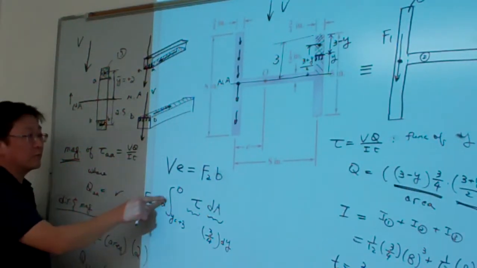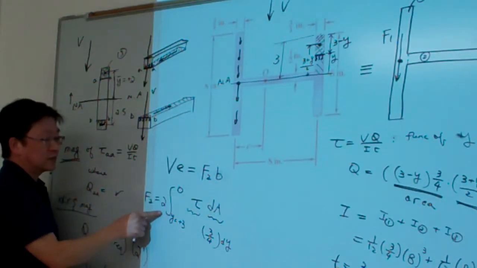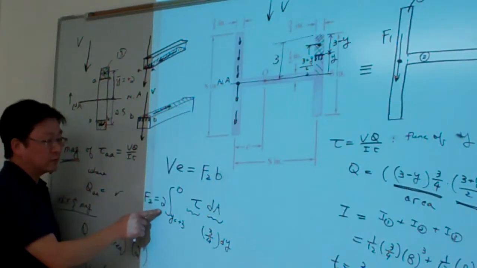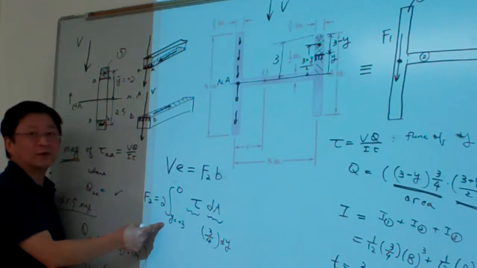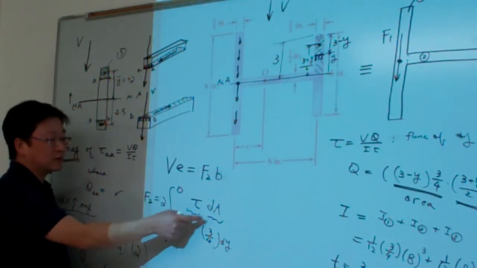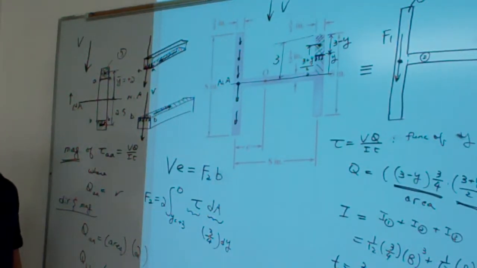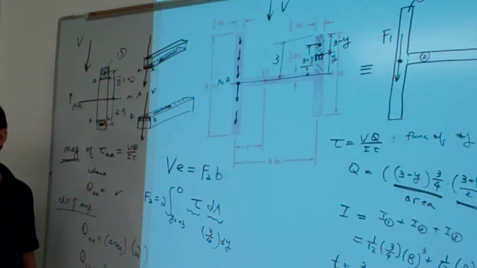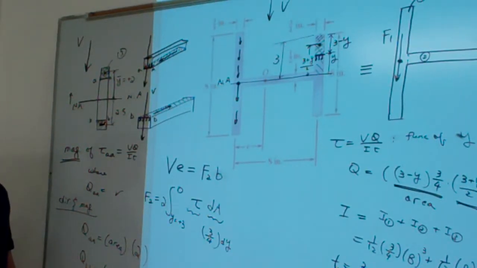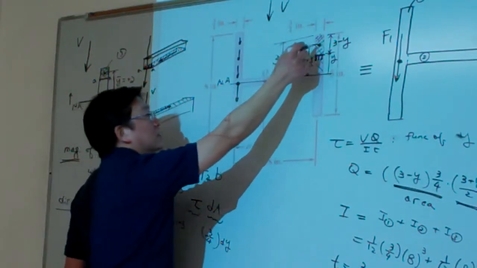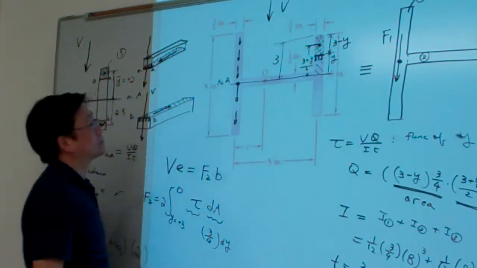So maybe for this kind of example, I would say the safer way is how about we take this one? In this way, we only focus on the magnitude, everything here, then we should be fine. Are we okay? So we're essentially just integrating in the direction of the force, and we simply integrate the